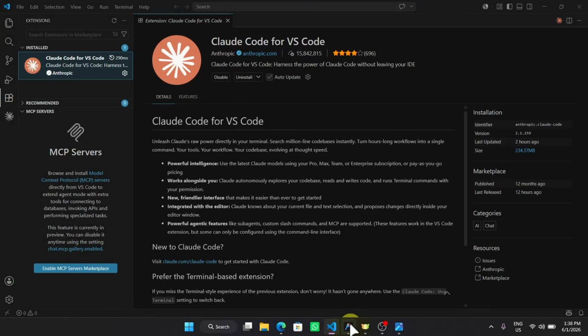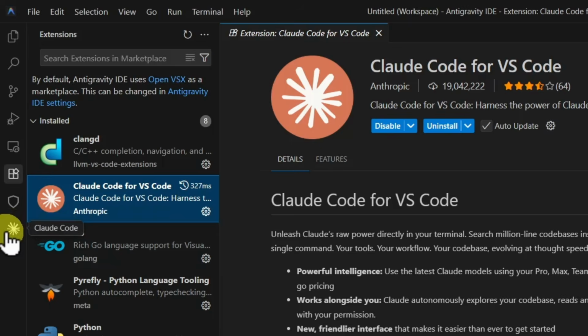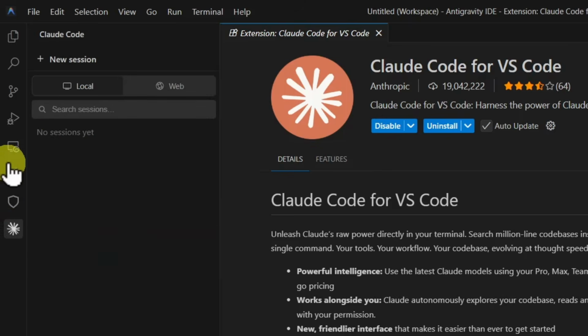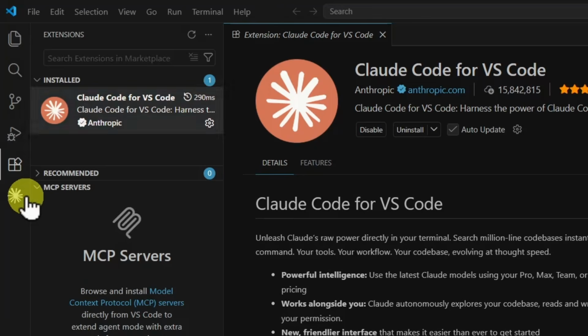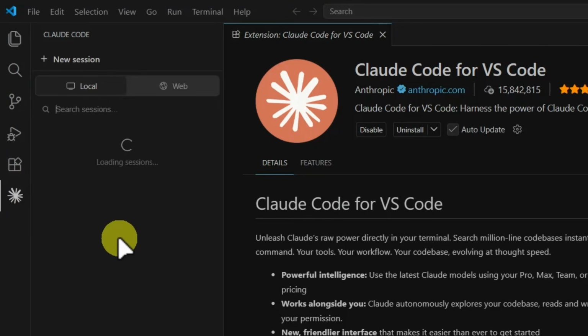Whenever you install it, you will get a Claude Code chat option. You can see under this extension section we have the Claude Code chat option. If I go to VS Code also, same thing, right? Claude Code chat option. Now you can log in through your Claude Code account, and then you can use